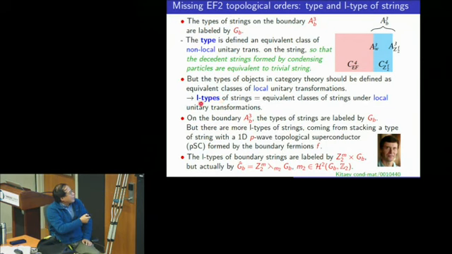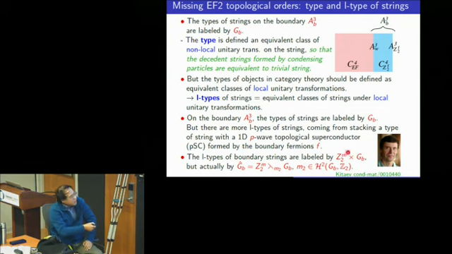That is, we could have a string decorated with a one-dimensional pure topological superconductor, which was proposed by Kitaev. Because the boundary has fermions, the boundary fermions can form this P-wave topological superconductor, and that's also a string. This string can combine with my original boundary string to make a more general boundary string. So the total boundary string type should be ZGB, that's the older one, times Z2, which is this 1D P-wave superconductor string.